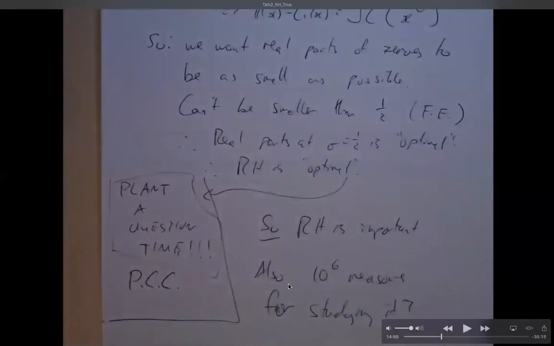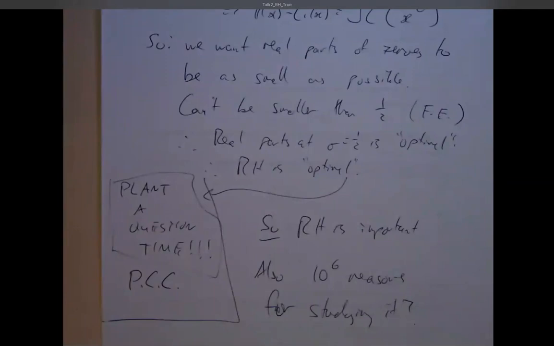Right, so what have I written here? It's important, and also there are 10 to the 6 reasons for studying it. The Clay Institute of Mathematics put out these millennium problems. I don't really know what they are, but one of them is on the Riemann hypothesis. So if you solve that, you get $1 million US, which is, I guess, better than nothing. That's some motivation as to why you want to solve it. We could have a whole lecture series about the implications for other areas of mathematics, but that's a start of why you'd be interested in it.